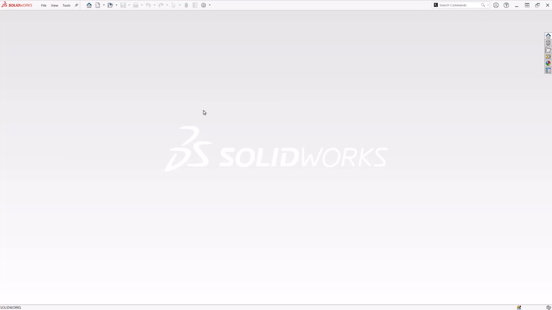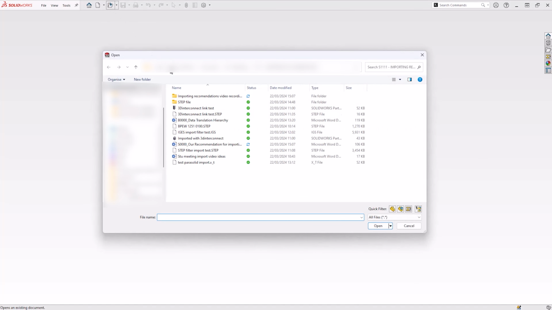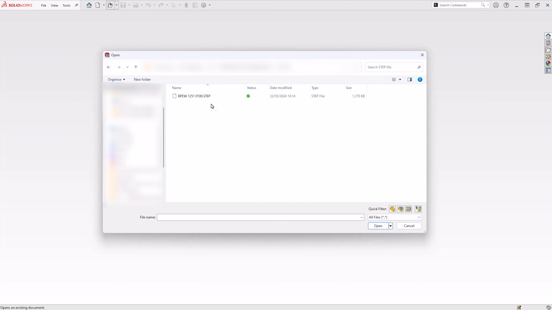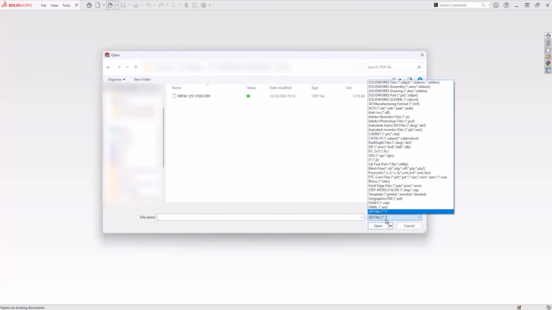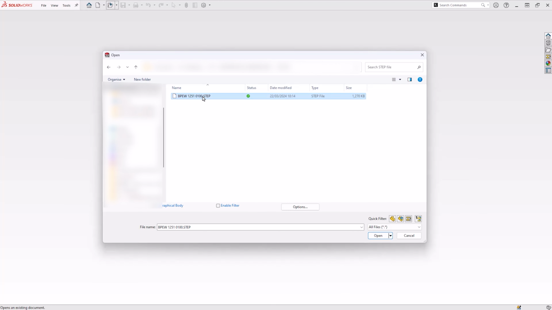To import a non-SolidWorks file, start by going to the Open menu within SolidWorks and navigate to the location where you have saved the file. As SolidWorks typically filters for parts, assemblies and drawings, you may not see the file in that folder at first. In this case, use the file format drop-down to select all files or the specific file format you're importing from the list. Before we do anything else, we'll then make sure to review the import settings by selecting the Options button.